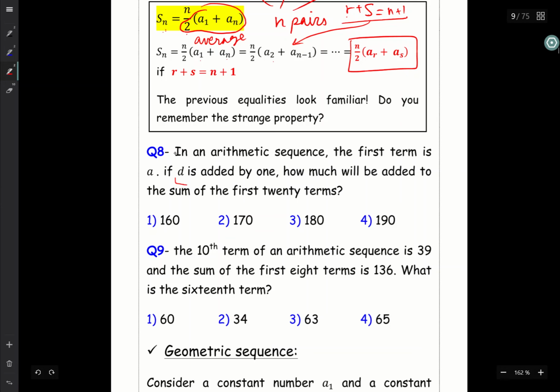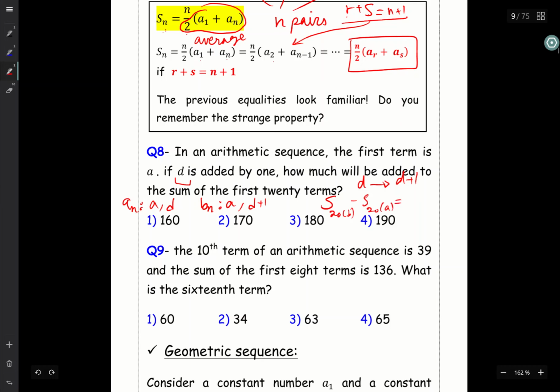So d is our constant progression, and we want to add d plus 1 to d, right? And then let's say we have a sequence a_n that is made of a with d. And now we make a new sequence. The first term is a, but then d goes to d plus 1. And the question is S20 of b minus S20 of a. If I sum the first 20 terms of b and then the first 20 terms of a, how much is